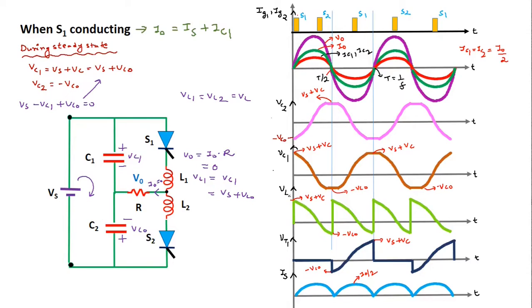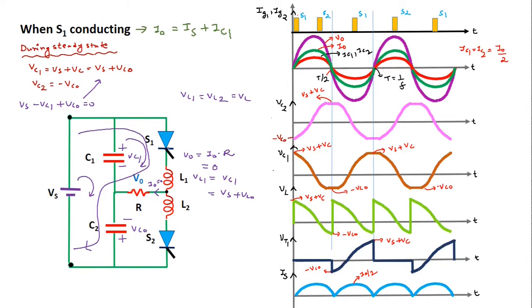So this is the voltage across the inductor 1 which we are considering while the S1 SCR is in the on condition. So when S1 SCR is triggered at time t equal to 0, what happens? Current starts flowing in this loop. So two loop currents will flow. The first loop current will flow in this path and the second loop current will flow in this path.